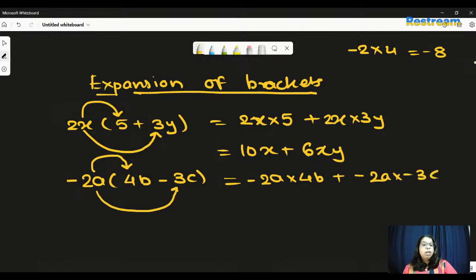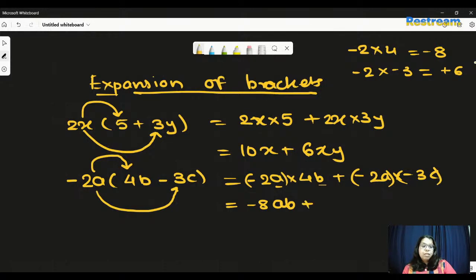negative 3c. If you are confused, you can always put brackets around each monomial so that you won't get confused. If brackets are confusing you, you can write it as it is. But make sure that you take the signs into consideration. So in integers, if I do minus 2 multiplied by minus 3, I will get negative 6. Okay, sorry, positive 6, not negative 6. So here I'm going to get negative 8, and since we are multiplying a and b, so ab plus